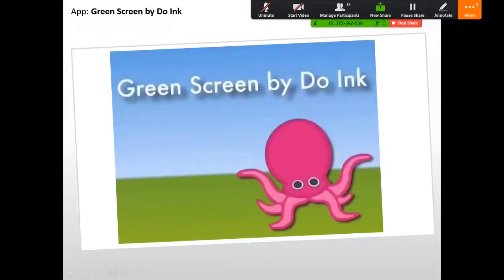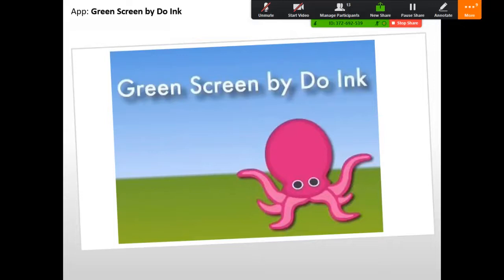Green screen is something that I know we've been using for years, but previously you needed a lot of technology and it was quite costly to do so. Nowadays you can do it extremely cheaply. So you've got the app, which is called Green Screen by Doing, and then you just need something green. My green fabric, there's a picture on one of the slides coming up of my own green screen, which is a shower curtain from IKEA, which costs 50p.